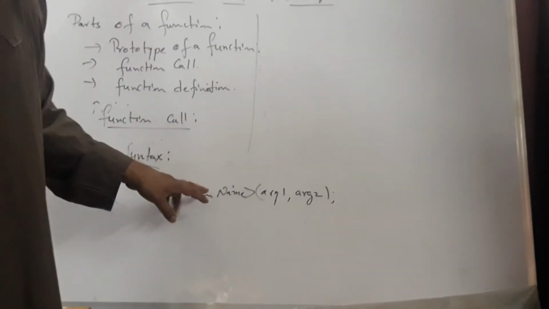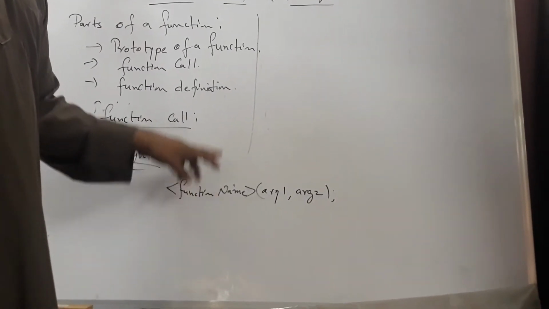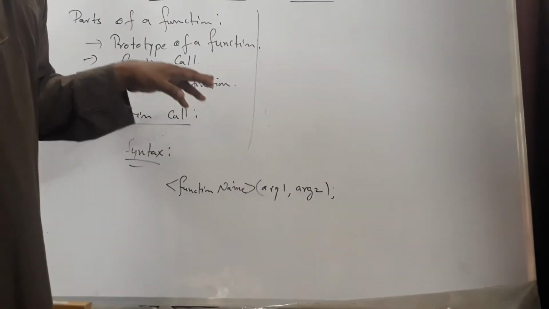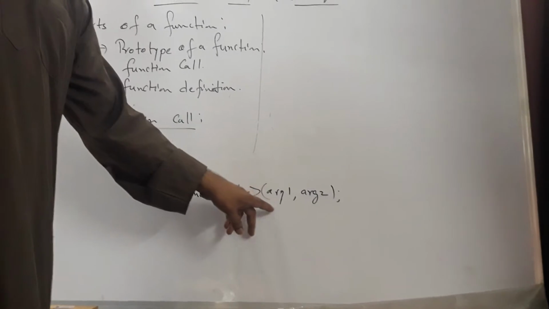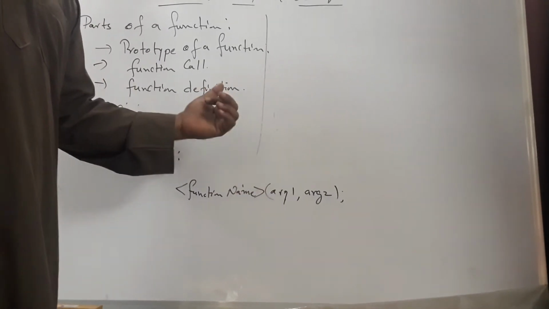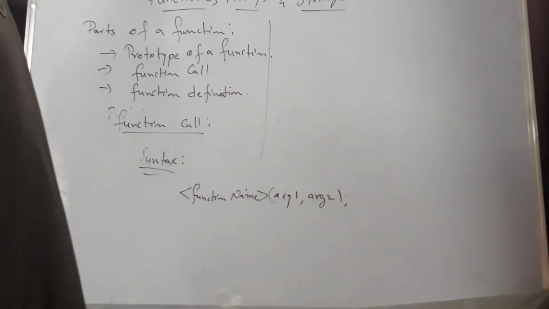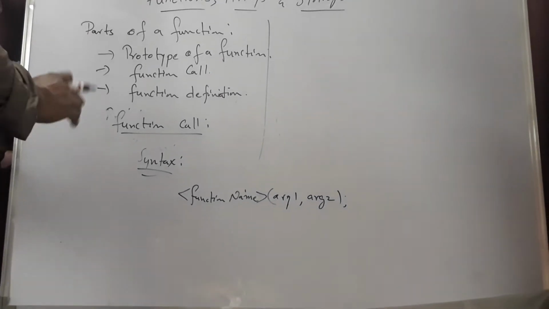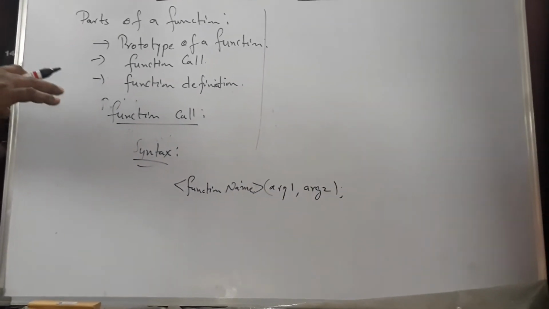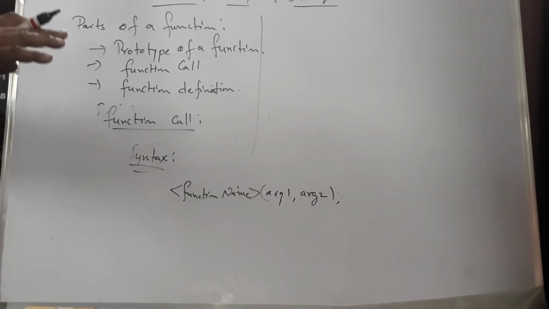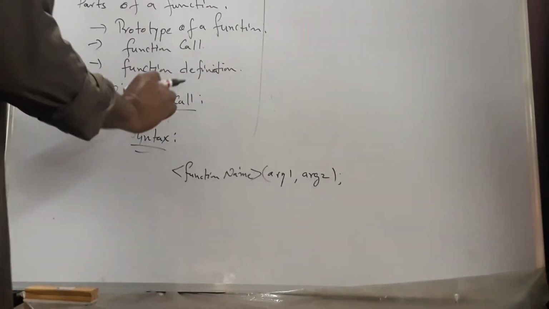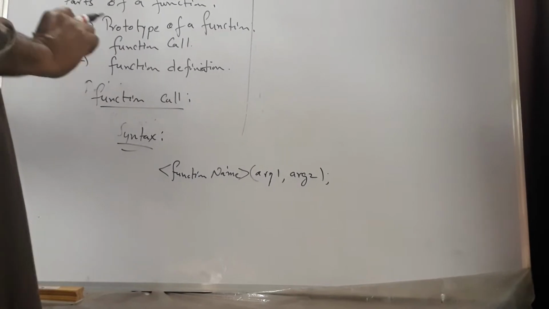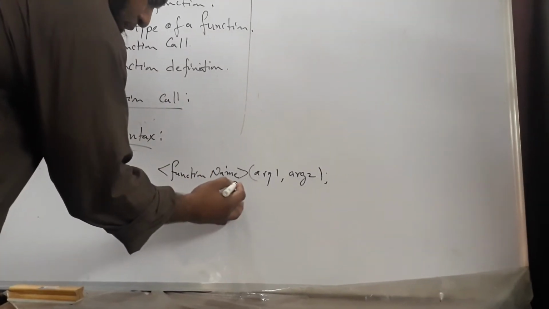So always the function name should be the same as what we have declared in the declaration part of the function, and the arguments should be the same as we have declared in the prototype. Fine. So now, the basic use of a function call is that wherever we have written the function prototype and its definition, we just write the function call with the function name,